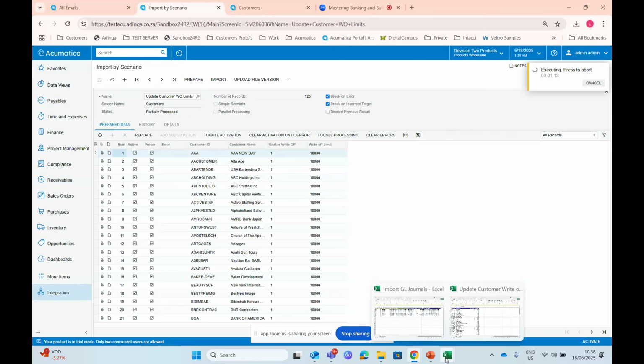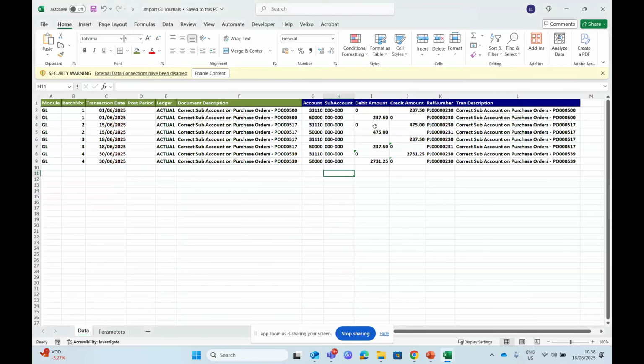Okay. While that is running, I'm just going to go back to my import scenario and make a change here. I'm going to make this first journal an imbalance journal, because that's the next one I want to show you.